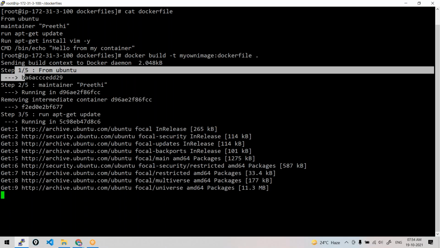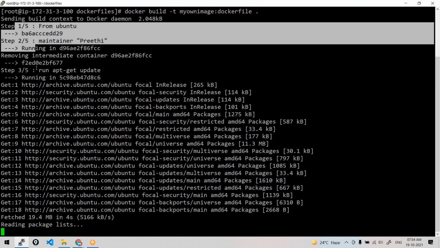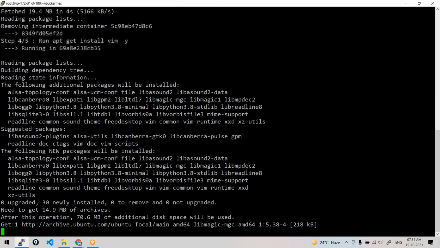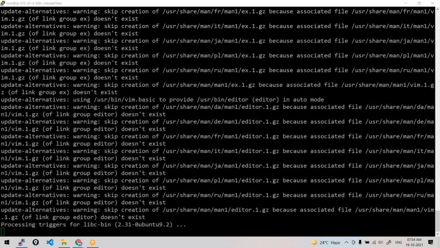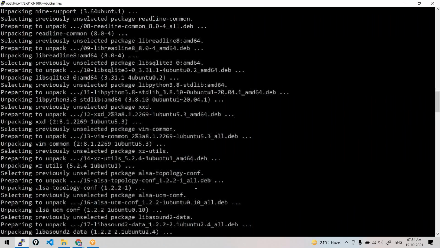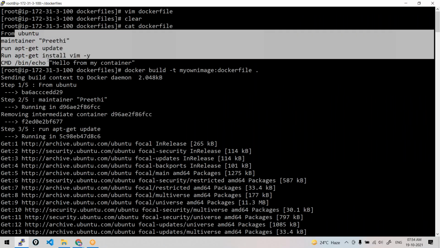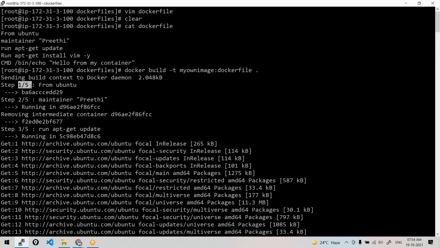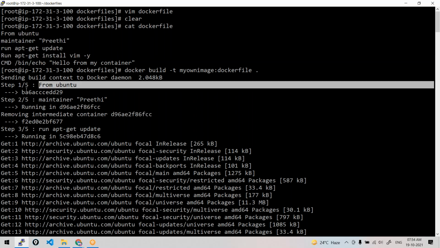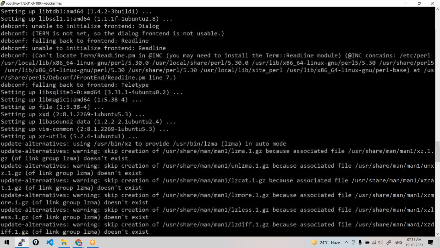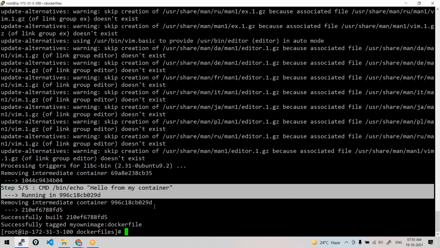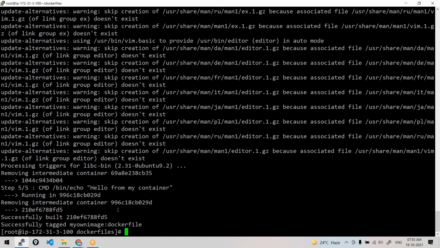See here, do you see? I'm having 5 instructions in my Docker file, right? Okay, let it finish. I'll show. See, just come here. How many instructions do I have in my Docker file? 1, 2, 3, 4, 5. So for every Docker instruction, like the first instruction is from Ubuntu, a file system layer is created. This is the file system layer ID. Second one, another file system layer. Third one also file system layers. For fourth and fifth also, you could see here, right? So it successfully built the image.